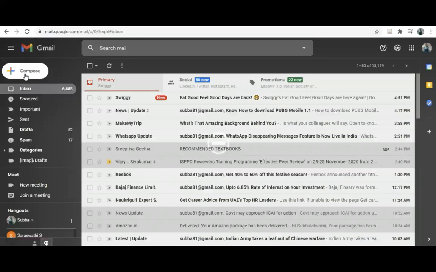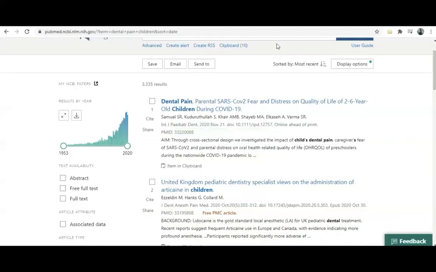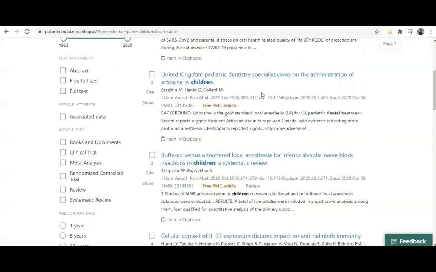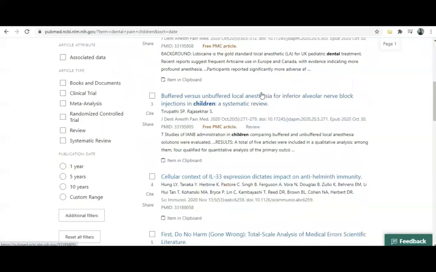And if we can see, I can compose or I can send it to my email. I can send it to my Word document, any place I can use the material from my clipboard. The next option which is there in PubMed, which we will talk about, is creating an alert topic. Whenever there are some articles which you'll